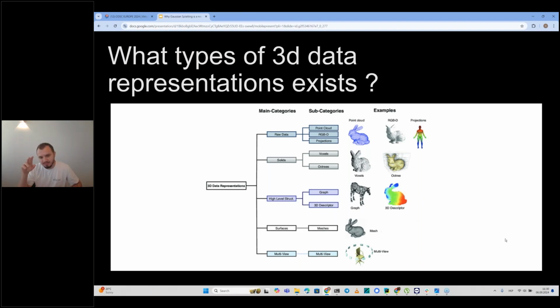Each of these 3D object representations has its pros and cons, but in an age of neural networks, where for any task we have some sort of neural network that allows us to do some type of magic, most of the cons of these data representations usually create problems when we're trying to train neural networks on, for example, mesh data. Why?